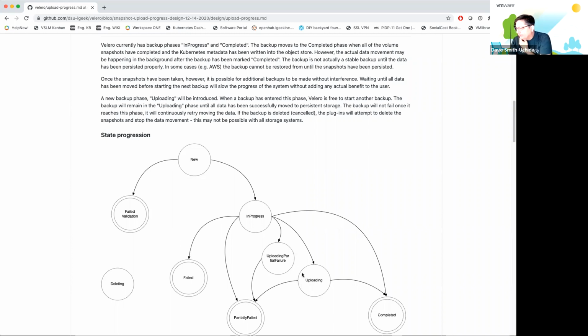Actually, there's one path I didn't draw here, which I should, which is it's possible during the upload to go to uploading partial failure. So is everybody good with the state diagram here? This makes sense, but the uploading partial failure, I'm not sure how useful that state will be, because unless we